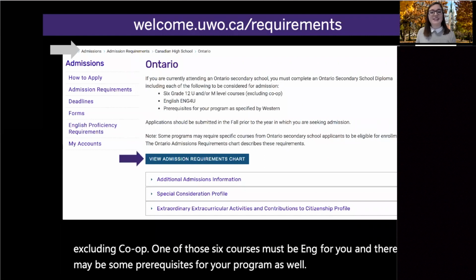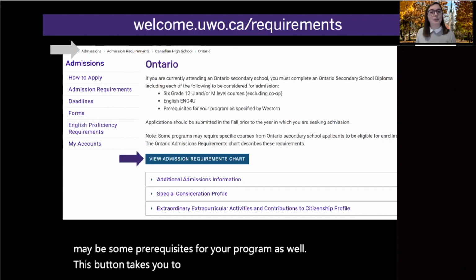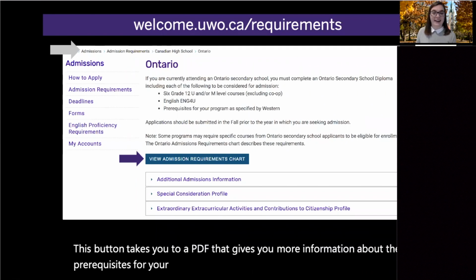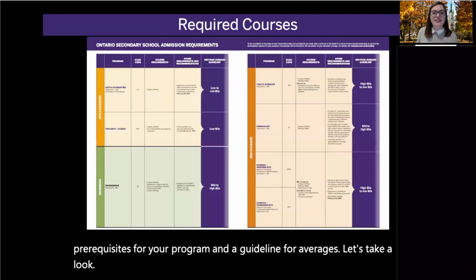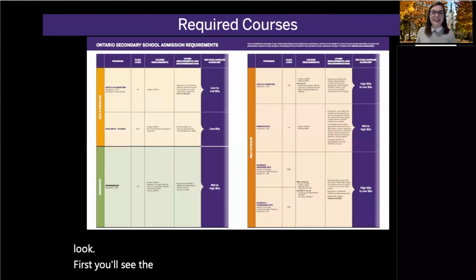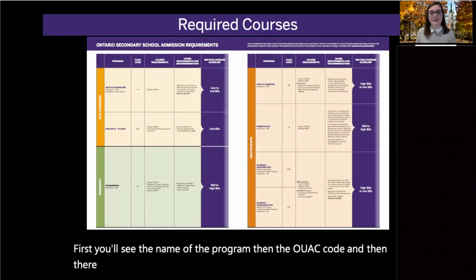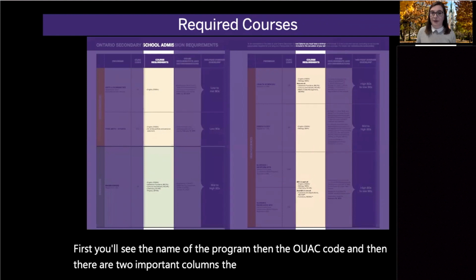This button takes you to a PDF that gives you more information about the prerequisites for your program and a guideline for averages. Let's take a look. First, you'll see the name of the program, then the OUAC code, and then there are 2 important columns. The first is requirements.